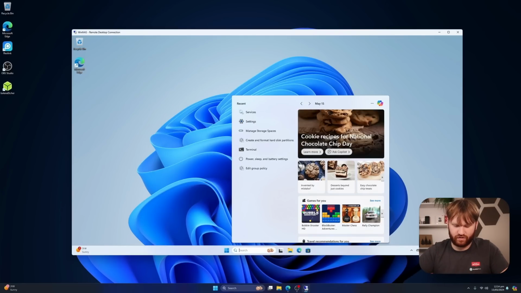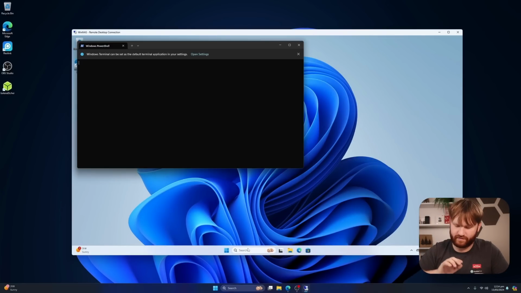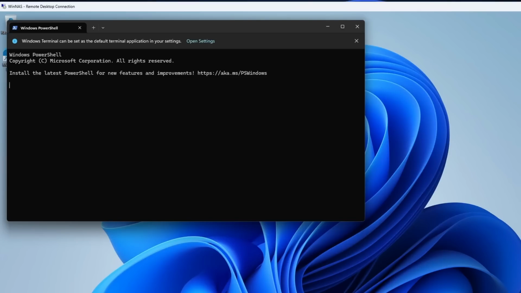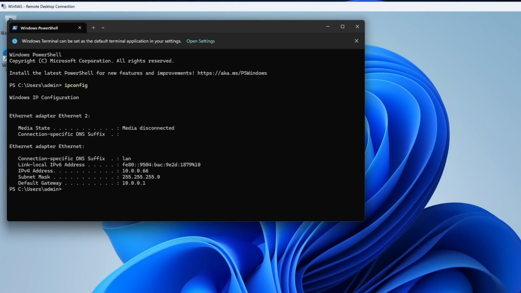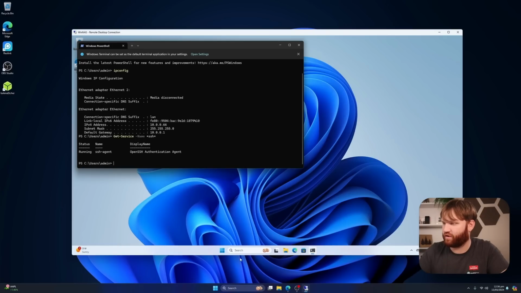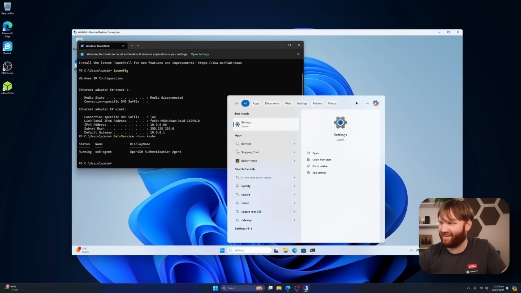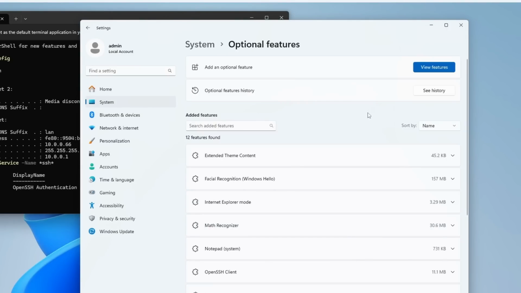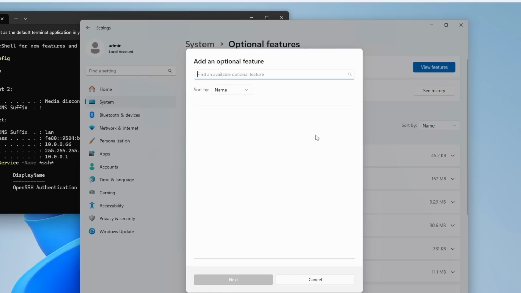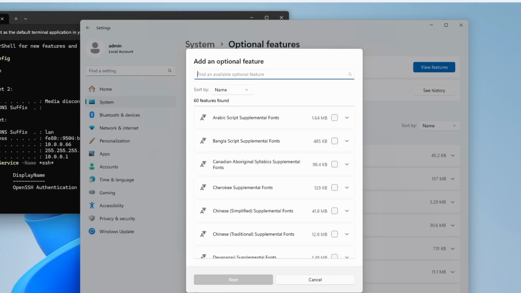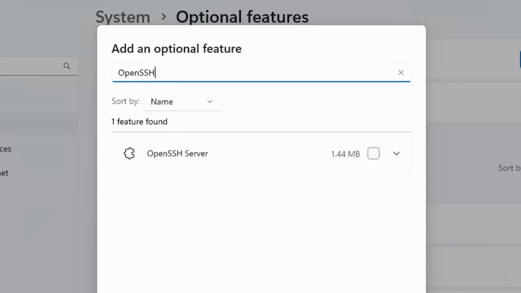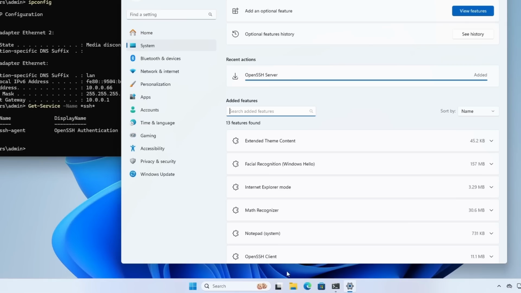We're going to need our IP address. If you don't know the IP address of this machine, you can always open up the terminal, type in ipconfig. Here we are, so it's ending in 66. And we're going to check to make sure that everything's in there. So get service name SSH, hit enter. We don't have the server. Okay, let's make sure we have that. Go back to settings here, optional features, add an optional feature. It just said OpenSSH, not server. Ignore me. OpenSSH server. Next, add. All right, that's added.